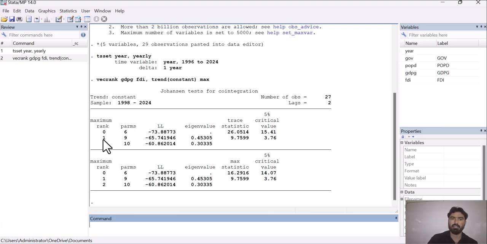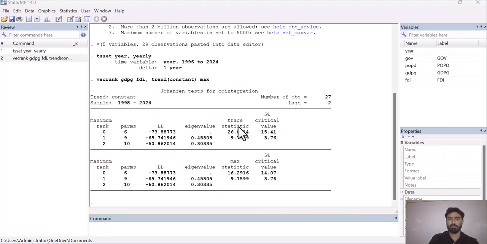So these are the H naught, or null hypotheses, for each of these, and you have to see these values to accept or reject the null and alternative hypothesis. So this is the trace statistic, and this is the critical value at 5%. So we have to see these values for the acceptance and for the rejection of H0 and H1.